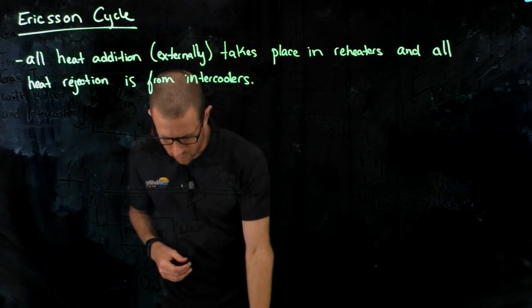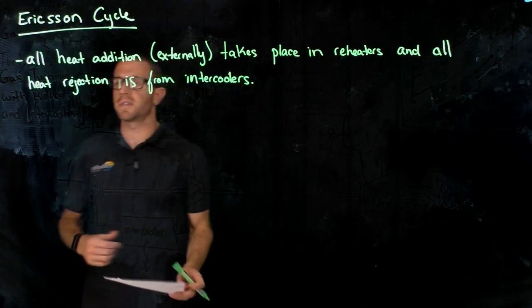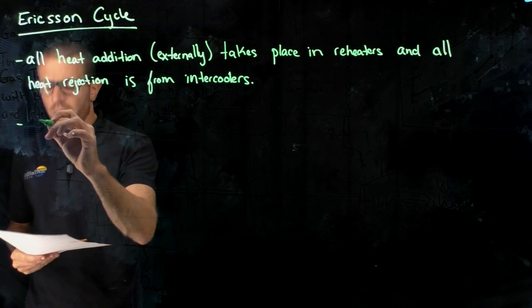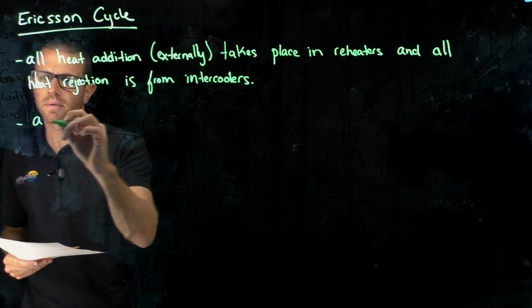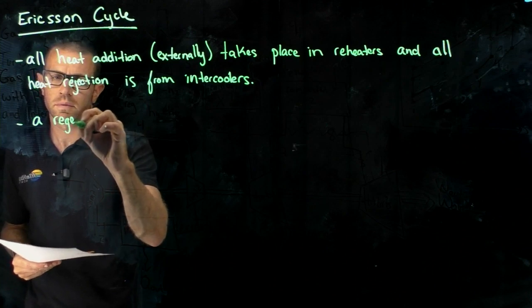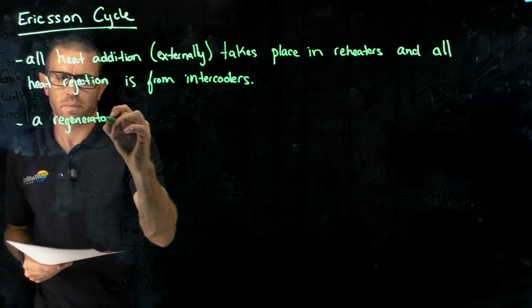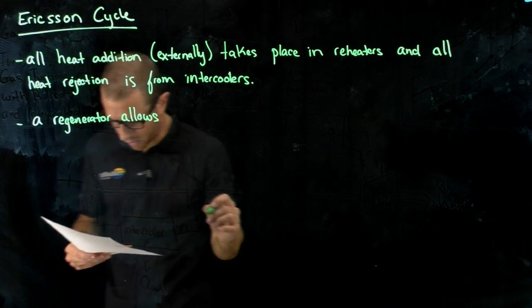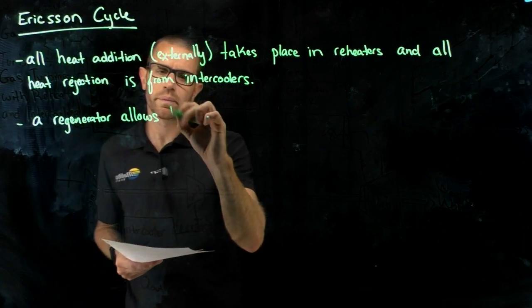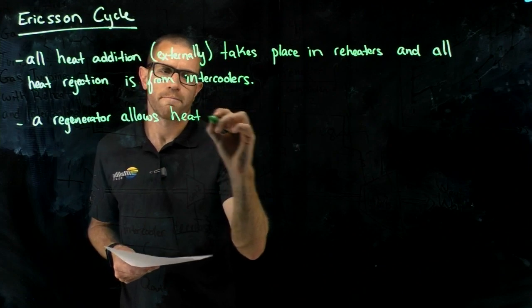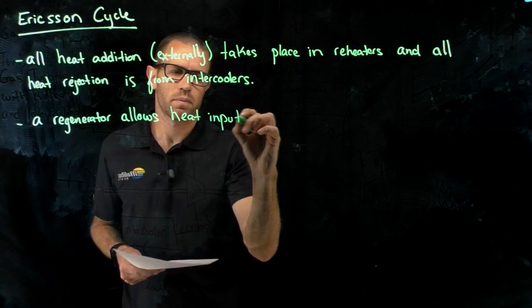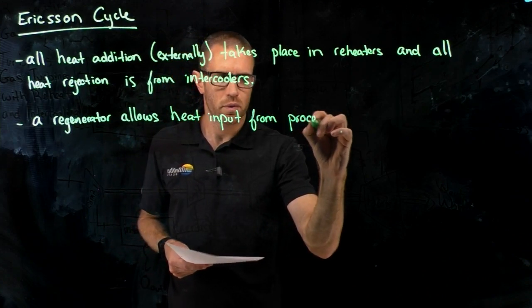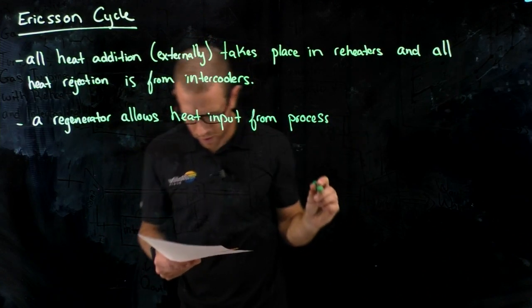So the next thing that defines an Ericsson cycle is that a regenerator allows heat input from process 2 to 3